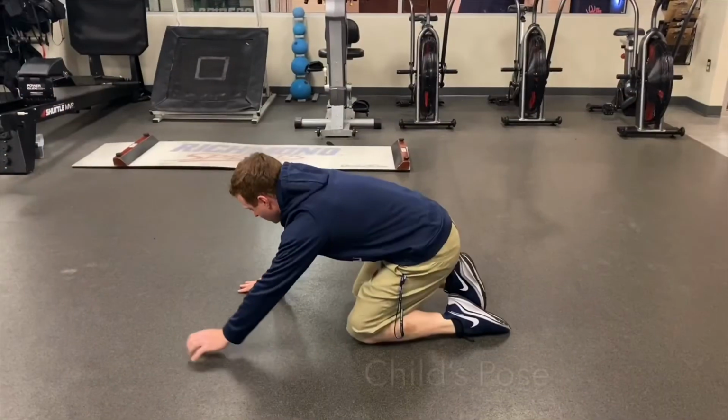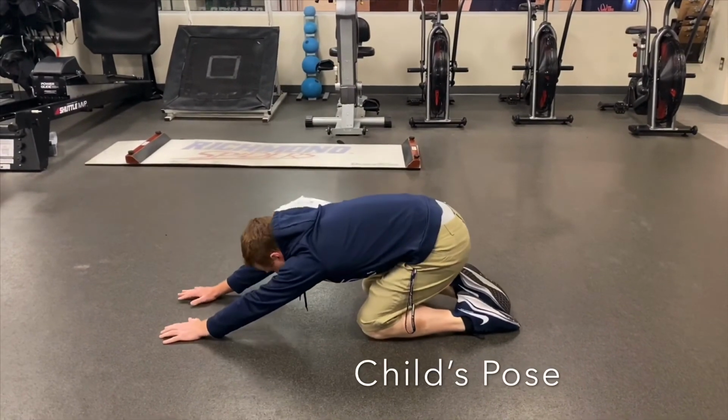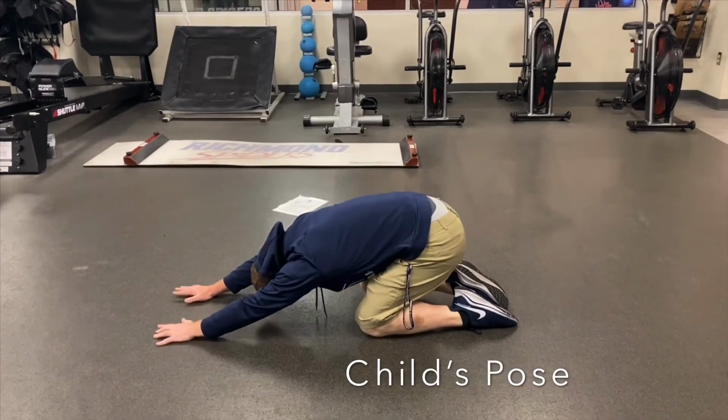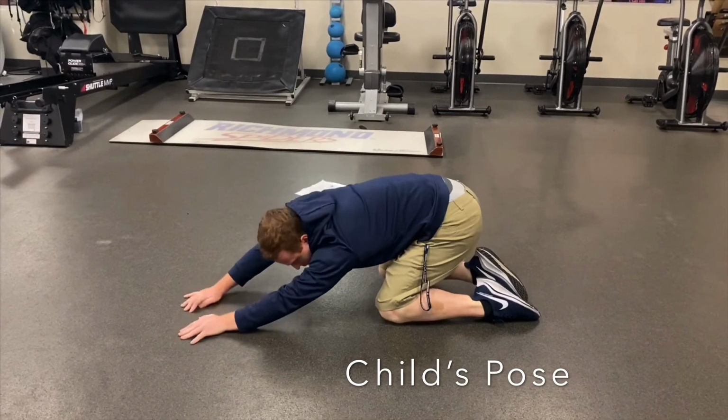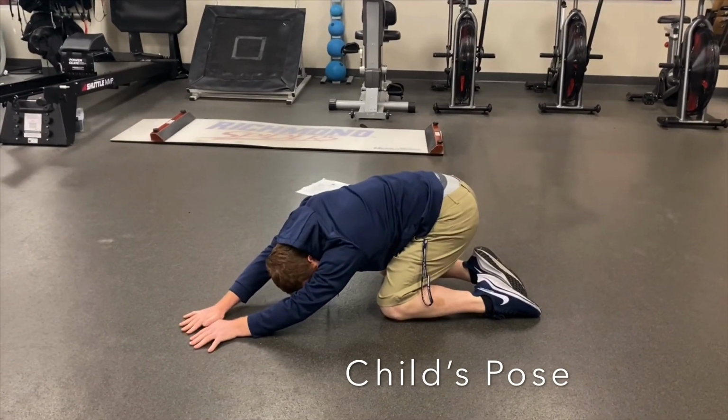Next we have child's pose. So you're simply going to reach your arms out, sit your butt back under your feet as far as you can go. But with this, now we're going to reach to the right and the left. So you're going to walk your arm to the left, hold,